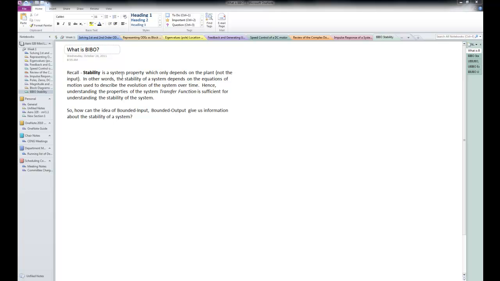input. In other words, the stability of the system depends on the equations of motion used to describe the evolution of the system over time, or the states, position, and velocity, over time. Hence, understanding the properties of the system transfer function is sufficient for understanding the stability of the system. So in other words, the important take-home message here is that stability is a system property and does not depend